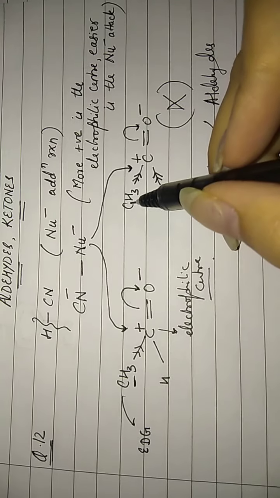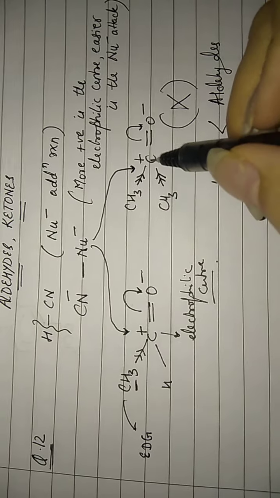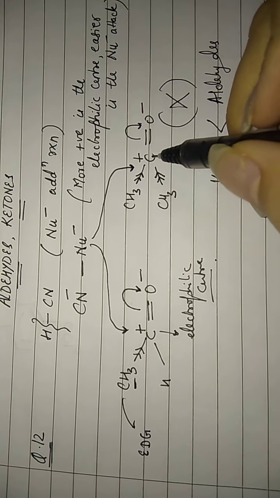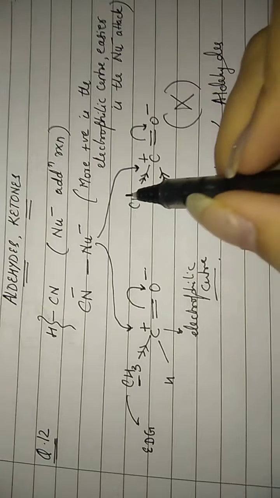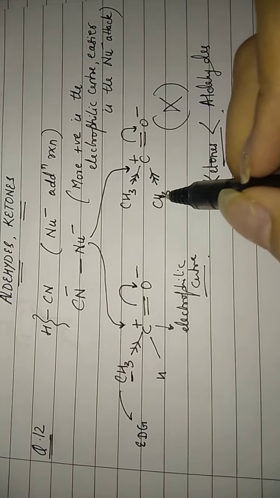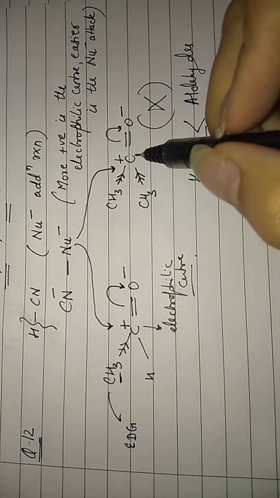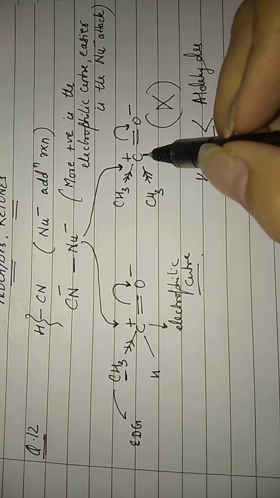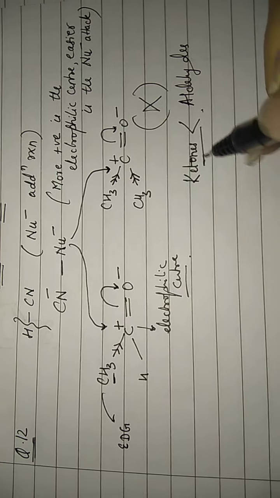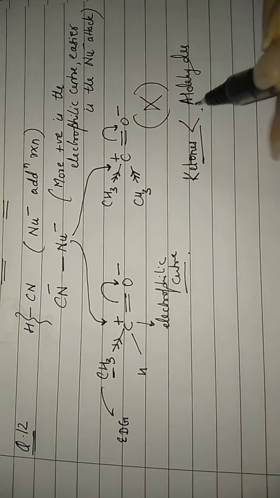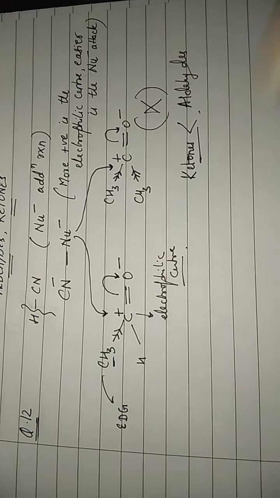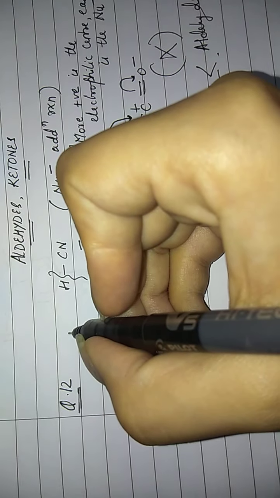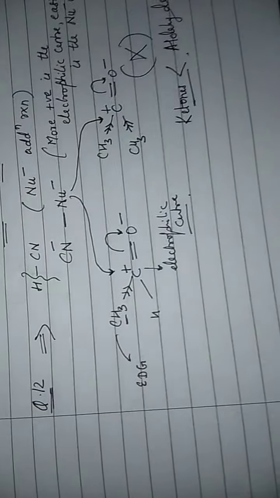How do we write the reason here? We say that the two electron donating groups decrease the electrophilicity of the carbonyl carbon. I repeat, the two electron donating groups present in the ketone decrease the electrophilicity of the carbonyl carbon. Hence, ketones are always less reactive than aldehydes in case of nucleophilic addition reactions. And this was the first point that I wanted to discuss.